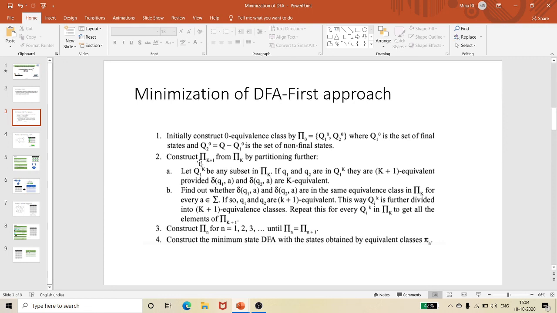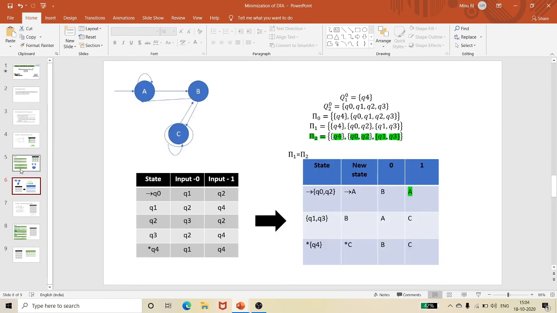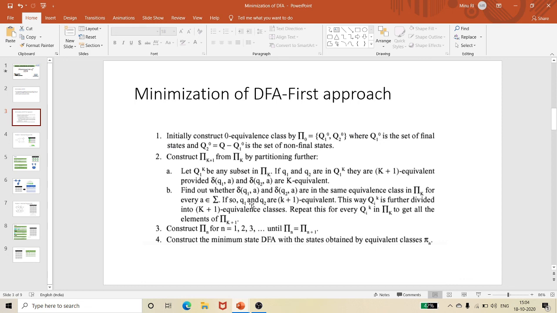Now construct pi of k plus 1 from k, that is construct pi of 1 from pi of 0, construct pi of 2 from pi of 1, likewise by partitioning. You just check for this initial state whether there is k plus 1 equivalence. That's what they have explained in this paragraph. So when do we stop?